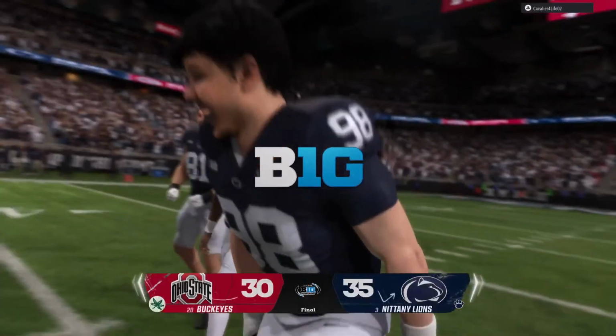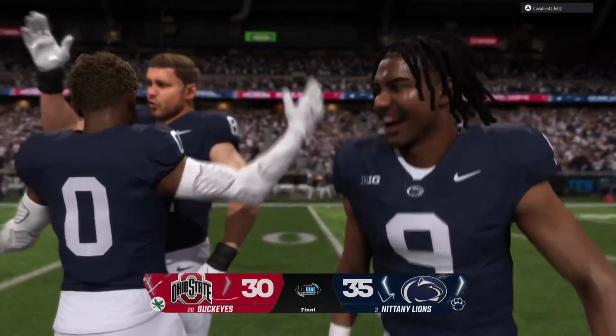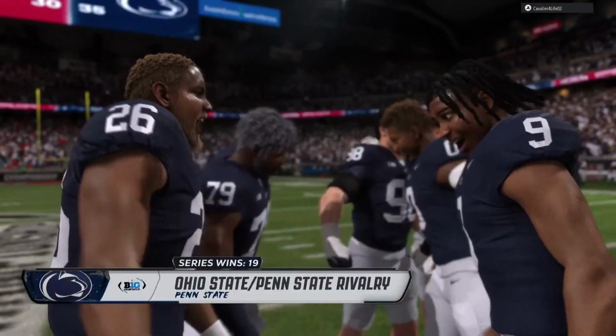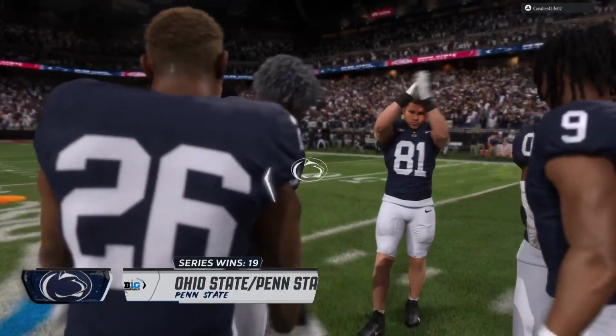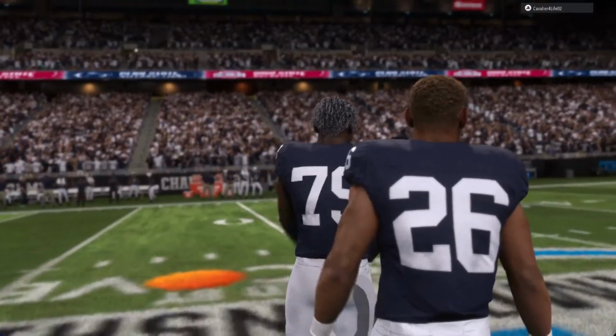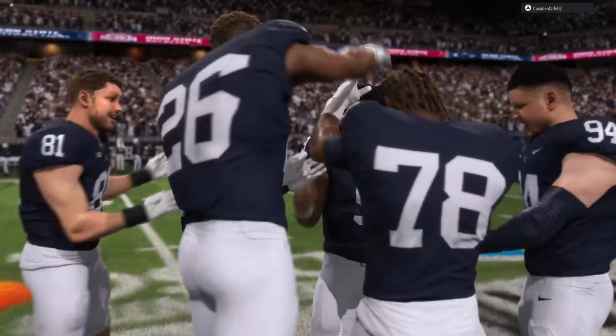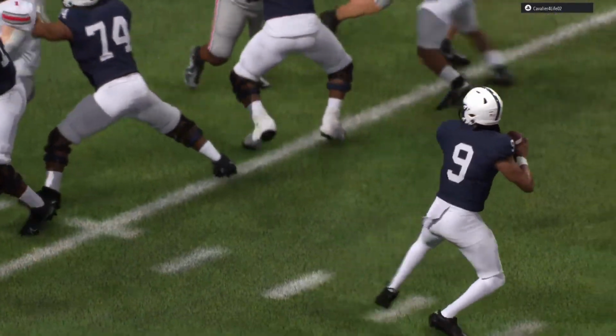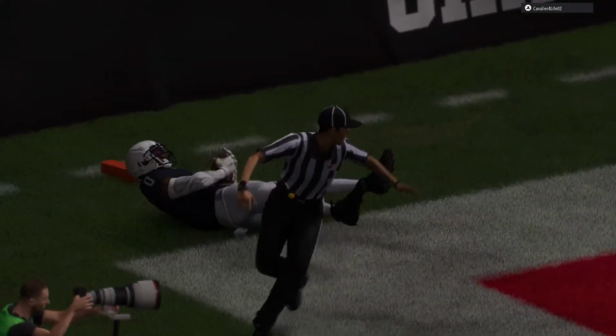Clock at 0-0. It's always a special year when after all the work you put in, you can call yourselves champions of the Big Ten. And now with the playoff spot locked up, the spotlight gets even brighter. You're going to find out where they're going to be playing as they continue to pursue a national championship. And that's going to wrap it up. For Kirk Herbstreit, I'm Chris Fowler. This has been another presentation of EA Sports College Football.